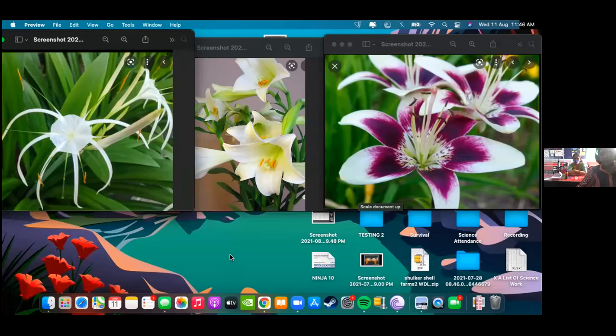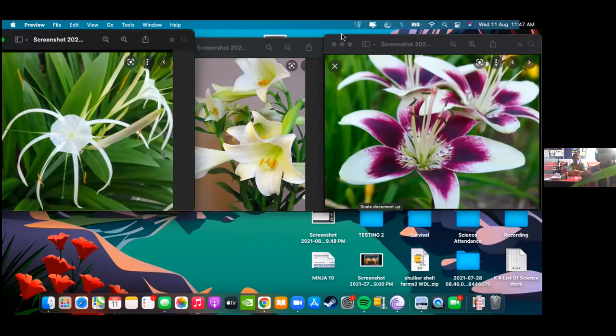It is a white color flower, and you must have seen it near florists. This type of flowers are also there. This type of purple color shading flowers are also lily flowers. Different varieties of lily flowers are there, right? So how are we going to proceed in this activity?